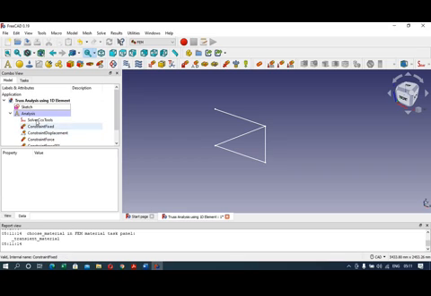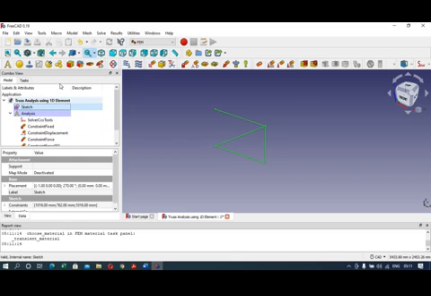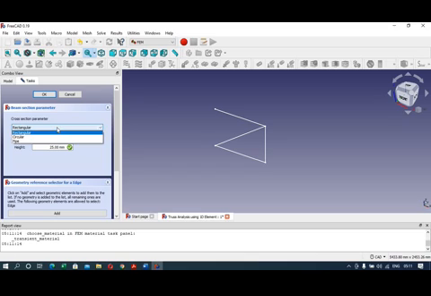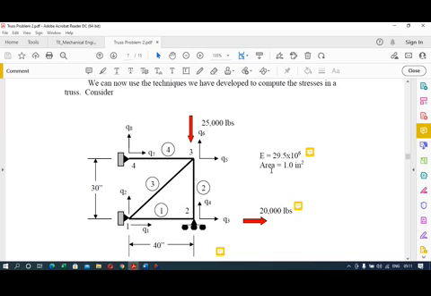So now next option is click on this sketch, then create the beam cross section. So we will select here the circular cross section for each truss member. So now here in our example, the area of each truss member is 1 inch square, which is equal to 645 millimeter square.